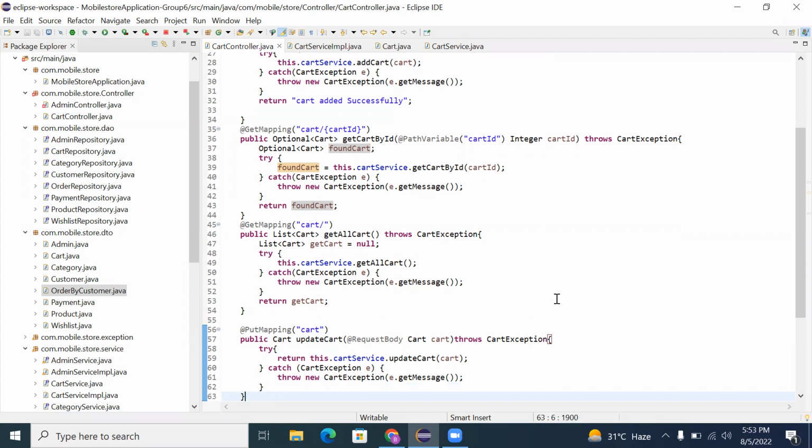So can you demonstrate it? Can you just run it from the Swagger and show me how you will add and how you will remove a product from the cart? Actually, sir, in my system, Swagger is not working right now. Okay, no issues. Can you show me the update cart implementation? Yes.